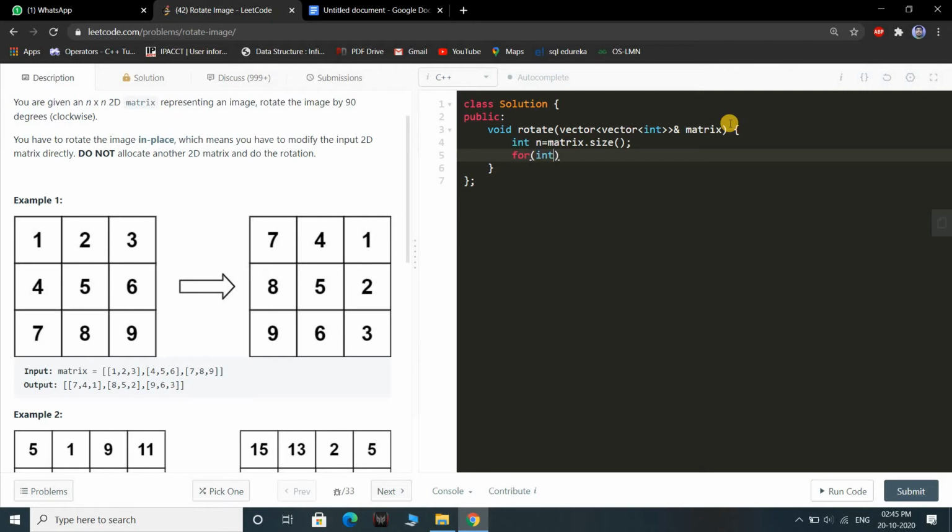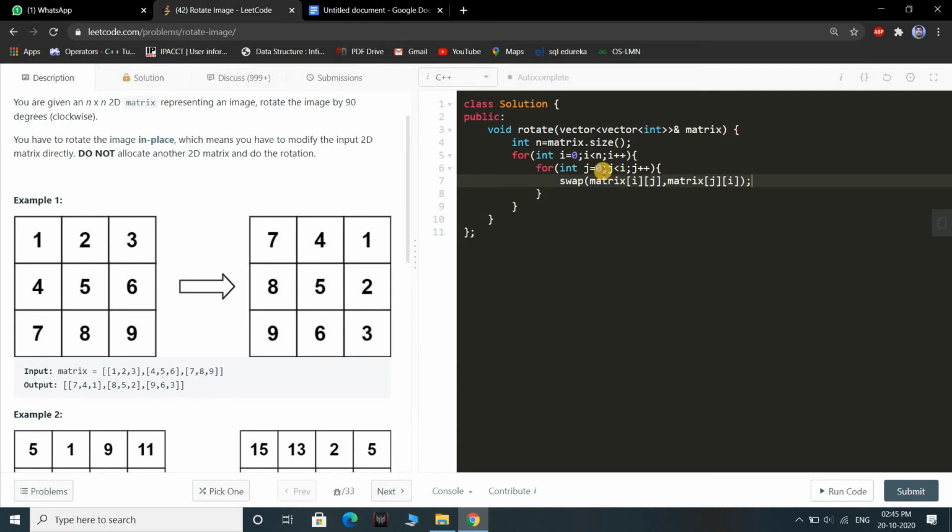So we'll simply loop over this matrix. Now we'll write the command for swapping. For swapping, we will write swap matrix ij with matrix ji.